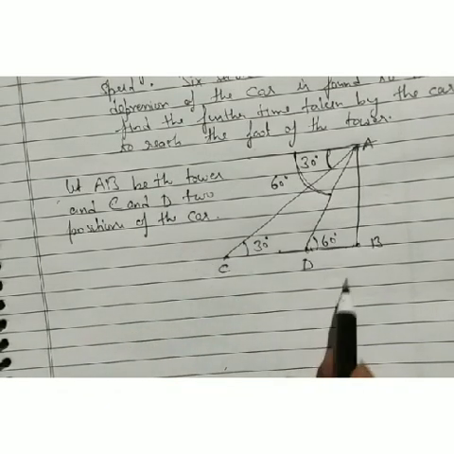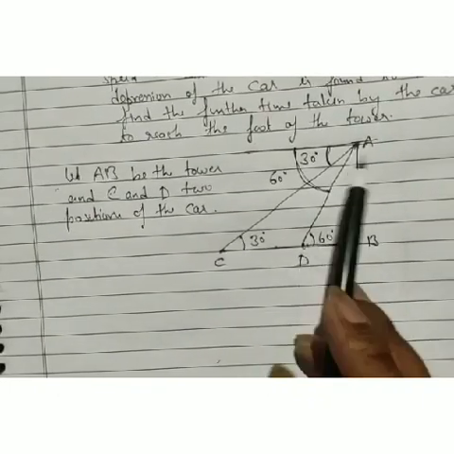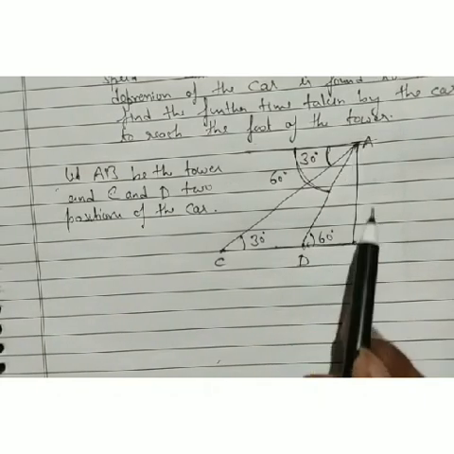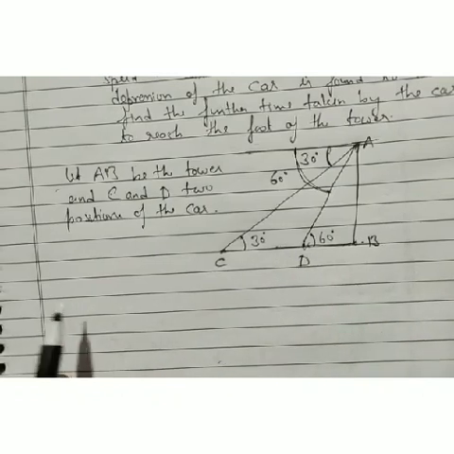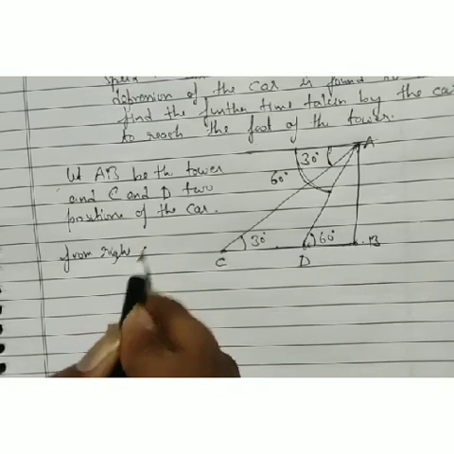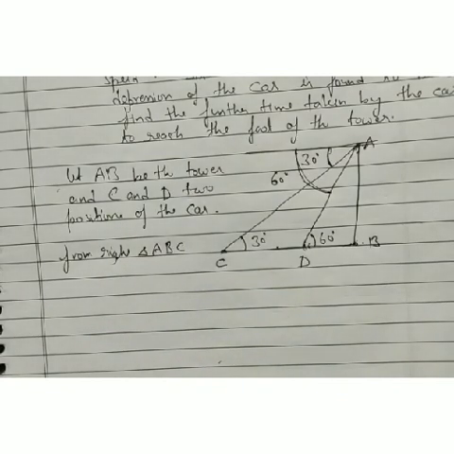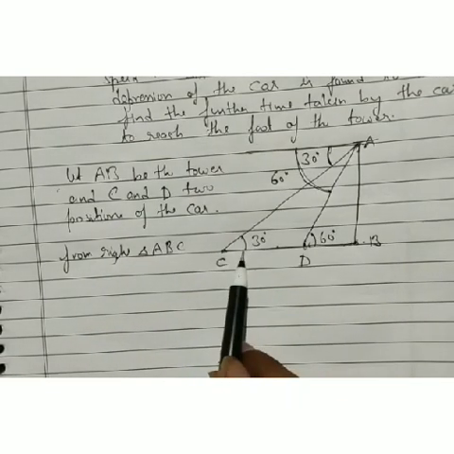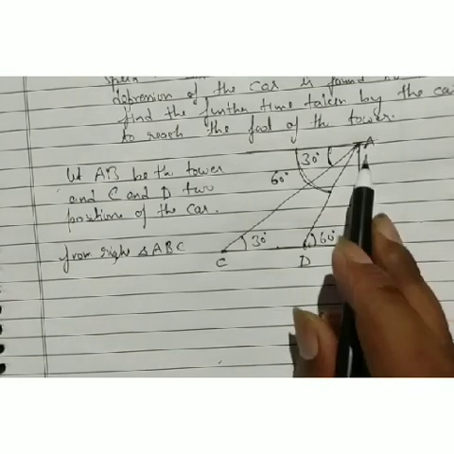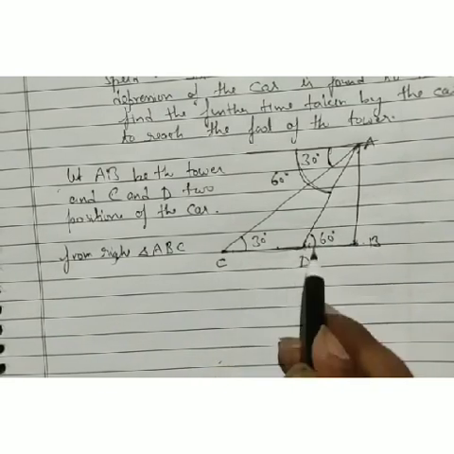Now look in the figure, we have two right angle triangles. We take them one by one, maybe ABD, and then triangle ABC. Now look, from right triangle ABC, this is our angle, and we have to use the height of the tower. It's not given, so we have to use AB and this base, because we have to make a relationship between CD and BD.